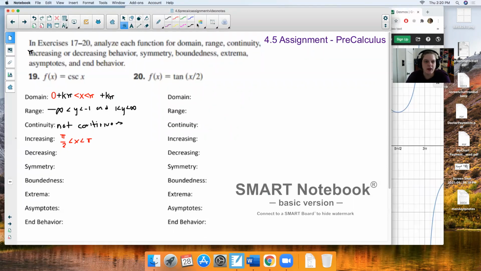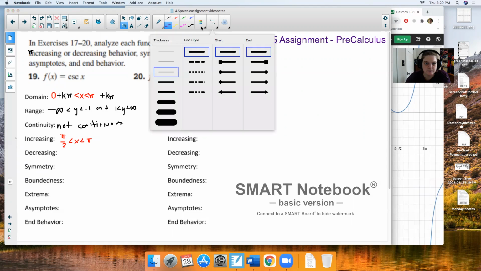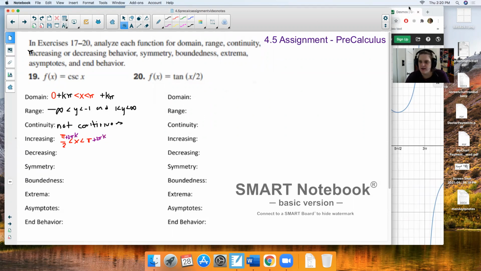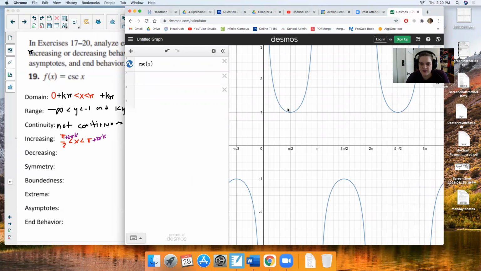Nope. All right, I'll squeeze it in. So plus 2 pi. And then this is going to be plus 2 pi k. And then the other part that it's increasing is going to be not up here, but this one,